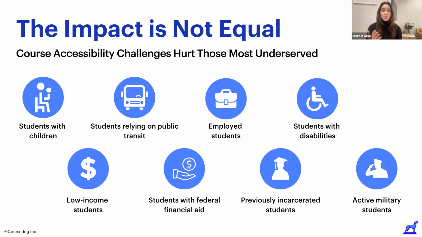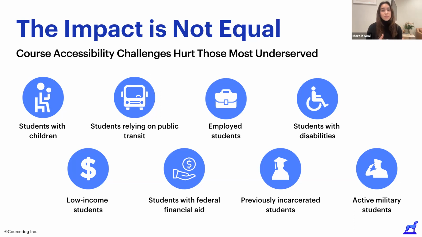Other students are disproportionately impacted by scheduling errors. For example, if 2 required courses are accidentally scheduled at the same time, students are forced to choose between courses and as a result may not take a full load. This can impact students that need to maintain a certain load to qualify for their financial aid. Similarly, if a course with variable units is incorrectly marked, students may find out only after they registered for the course that they won't receive the number of credits that they expected. While these errors may not happen often, when they do, it can have large ramifications for our underserved students.